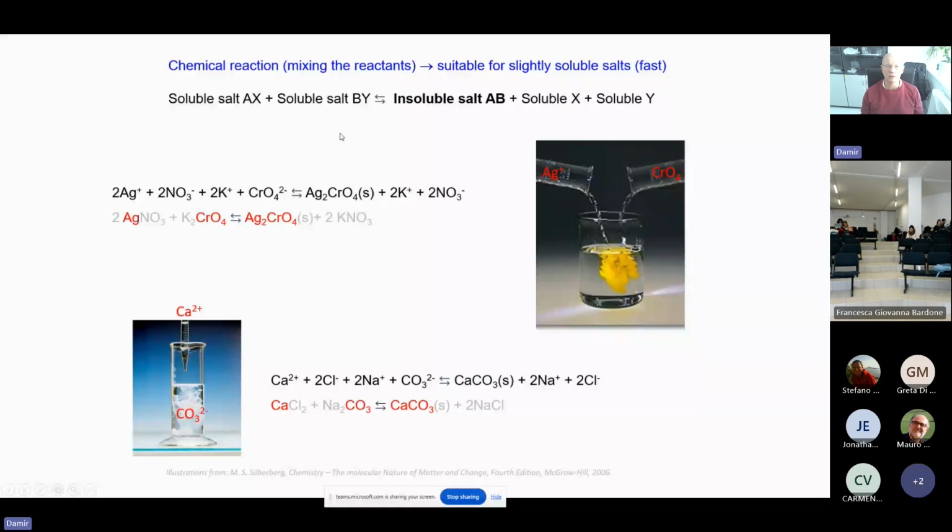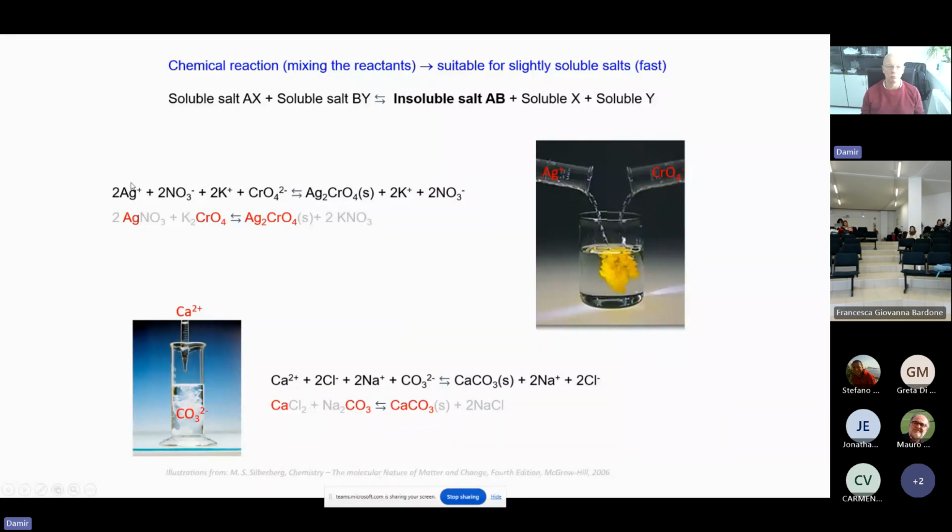On this several example, I will show you how to start precipitation by chemical reaction. For that purpose, one should use soluble salts which contain constituent ions, for example, soluble salt AX plus soluble salt BY. Then you can obtain insoluble salt precipitate AB, and in a solution will remain X and Y, which are